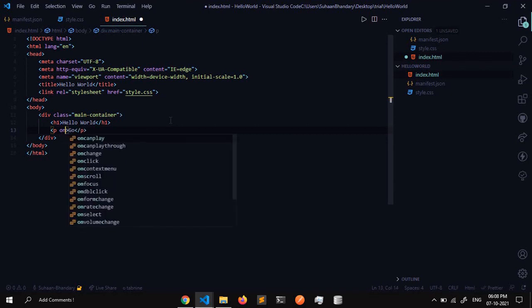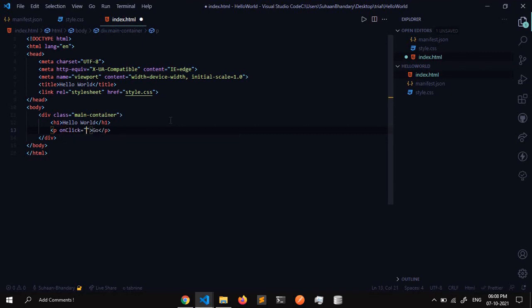Like I cannot call onclick, I cannot call events from the p tag or events which are inserted in the p tag. But we can call onclick by using JavaScript, which will work fine, but we cannot directly embed the events in the tag. This is the only thing which Chrome does not let us do.